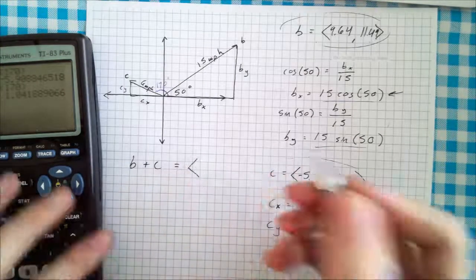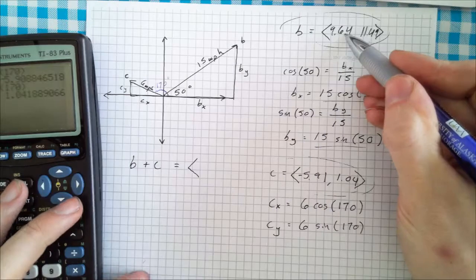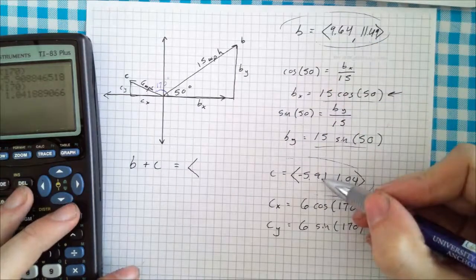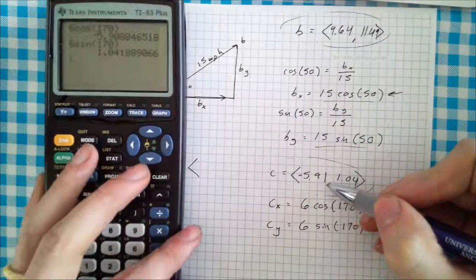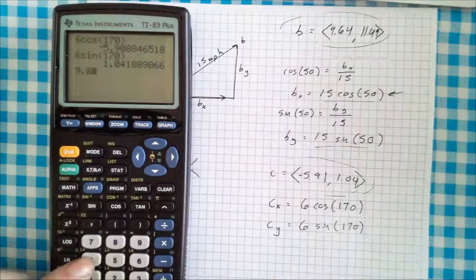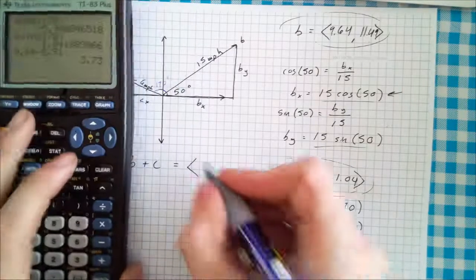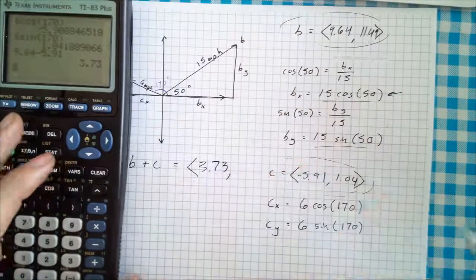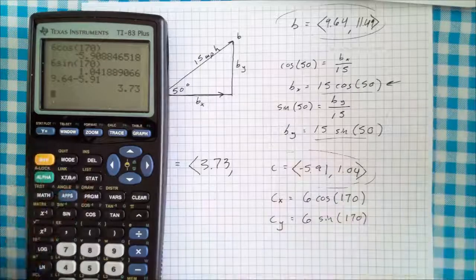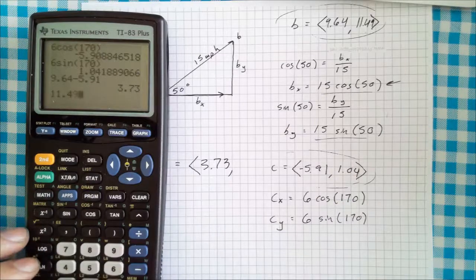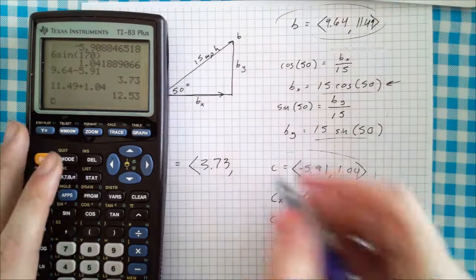Okay, so we just need to take our 9.64, which is our x coordinate of B, and our negative 5.91, which is the x coordinate of C, and add those together. 9.64 plus negative 5.91 gives 3.73. And we'll do 11.49 plus 1.04. These are for the y coordinate. We get